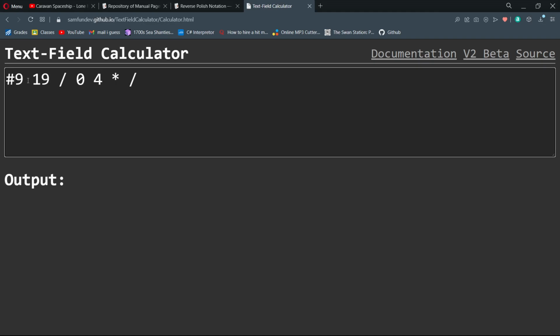Okay, so first one up, our rightmost numbers of the leftmost